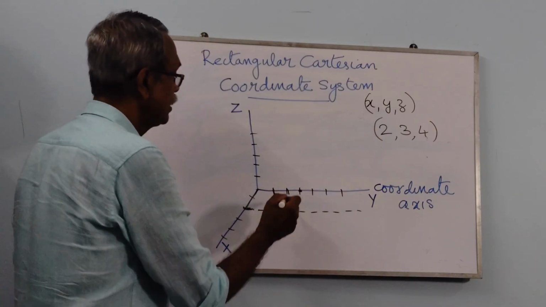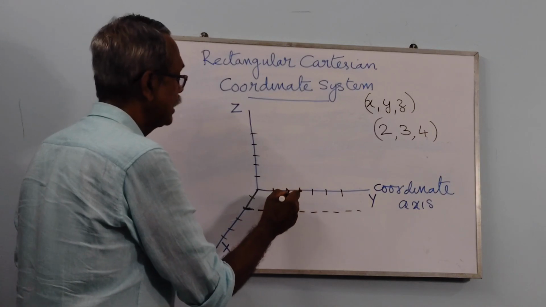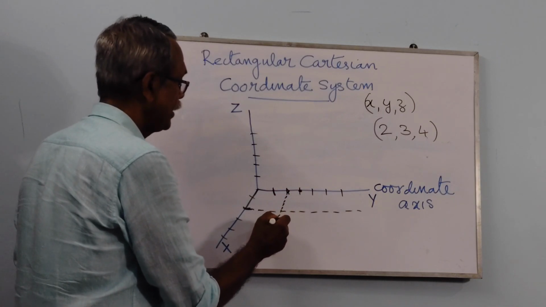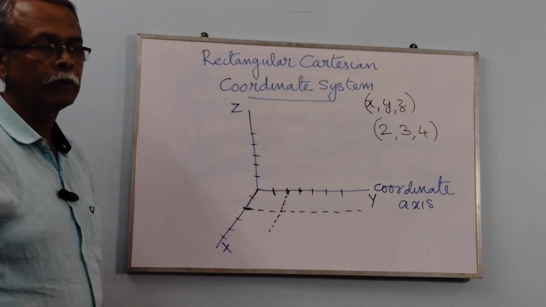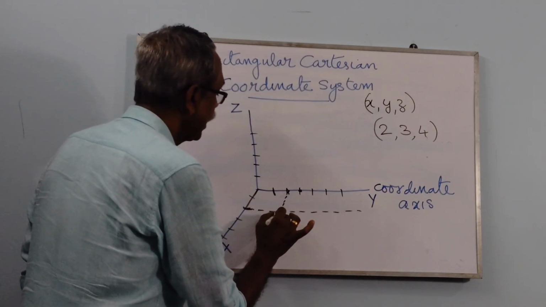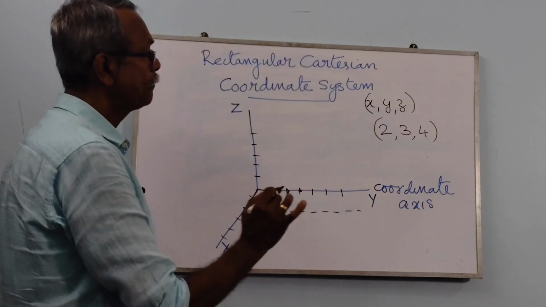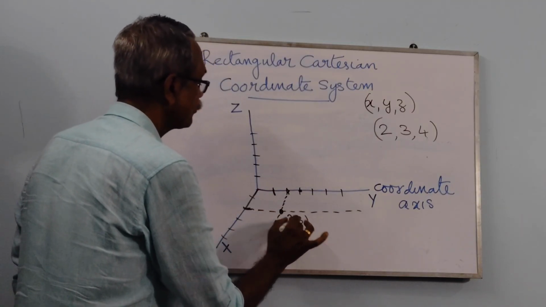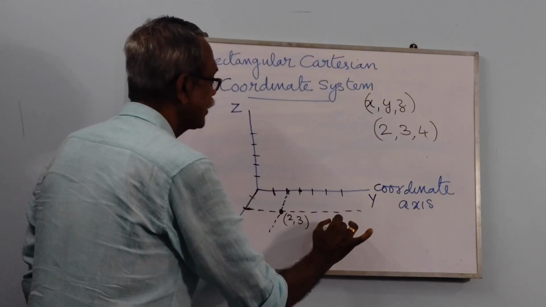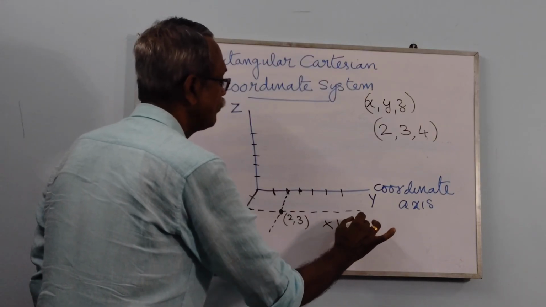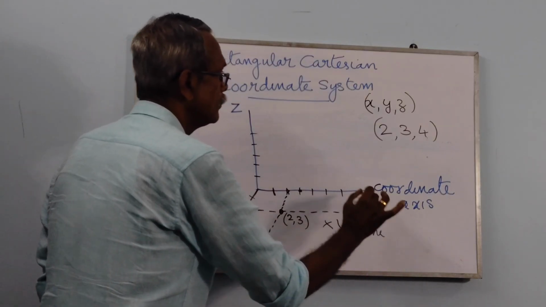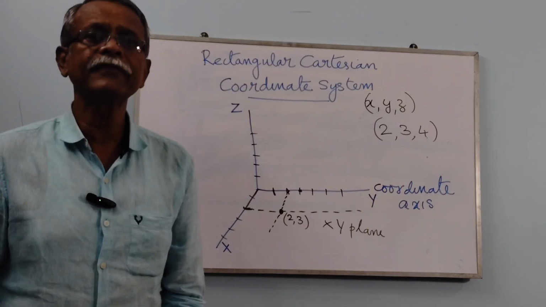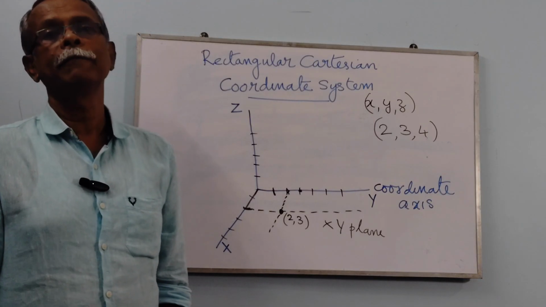From that point, I draw another dashed line parallel to the x coordinate. These two will be intersecting at a point. This point is actually the point 2, 3 in the xy plane. If we have 2, 3 forms the xy plane,